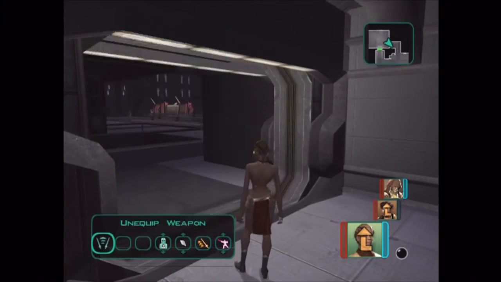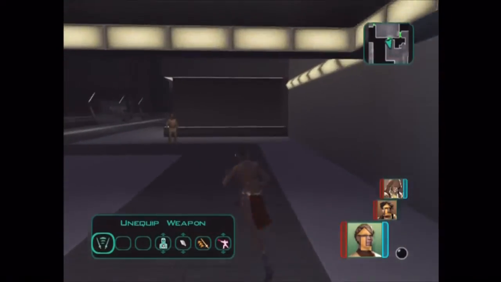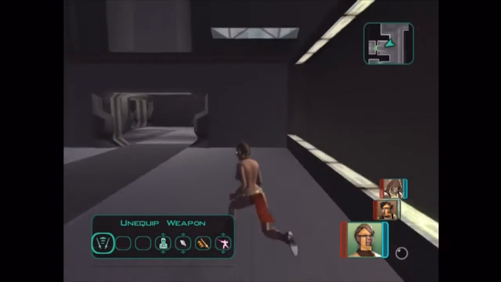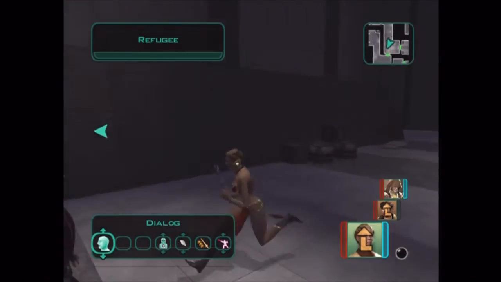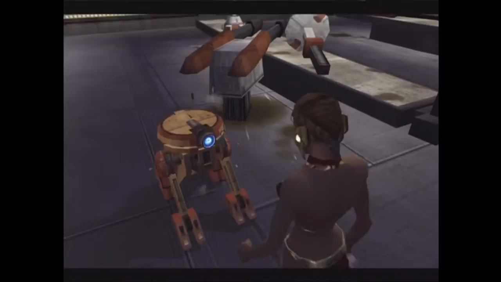Let's see. We were in there earlier, so we've been that way. So now we need to just... I think there's a few sub things we need to do before we continue on. We need to find, we got that guy's droid back. Which is it in here, I think? Yeah, there's...